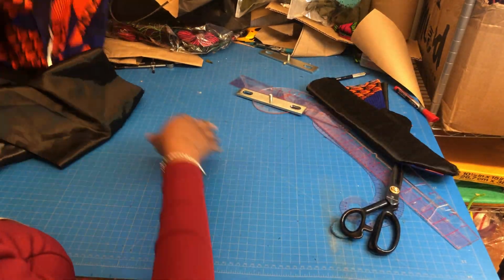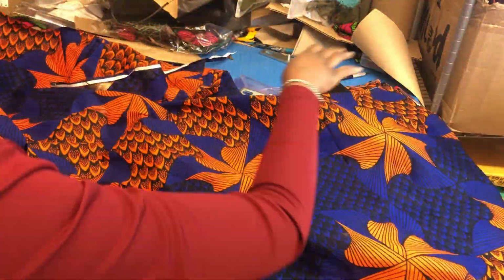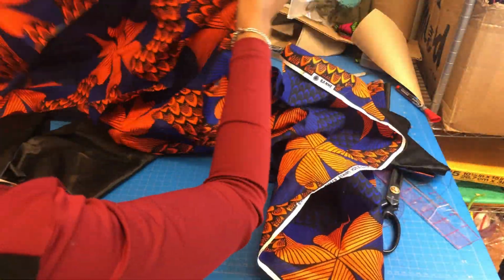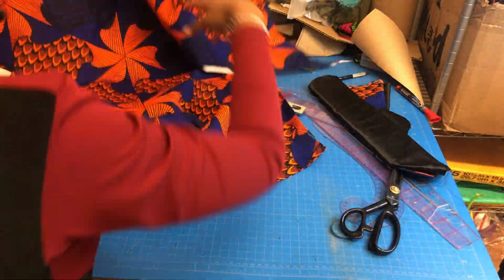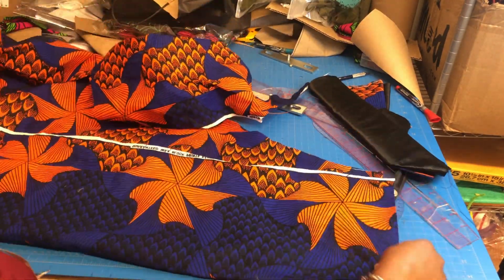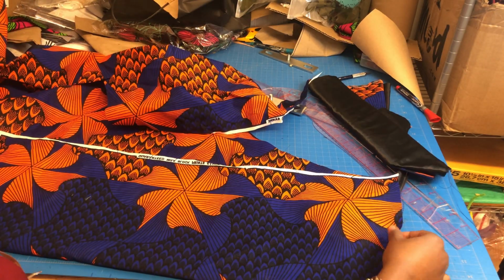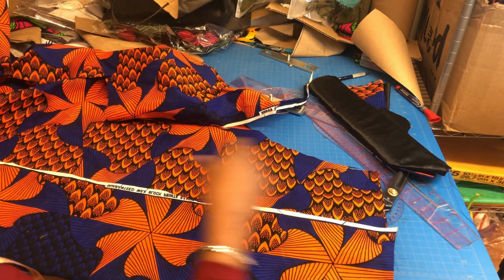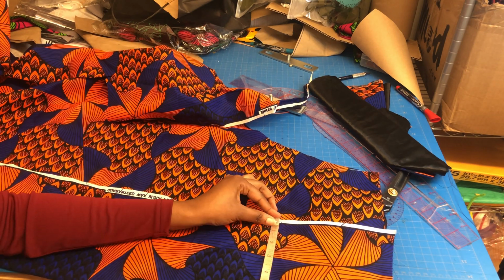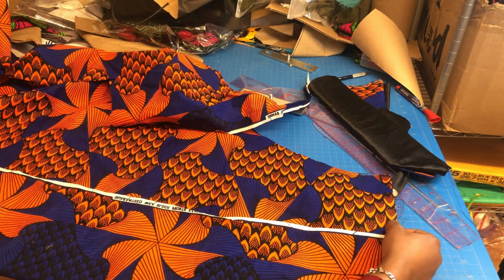Putting that aside, we are going to now make our wrap, or the beautiful knot. So we're going to need fabric to make our beautiful knot. Now I am cutting my fabric 3 times because I don't have enough fabric to make a continuous long tie. But you can skip cutting it 3 times if you have enough fabric, about 3 yards length, to be able to cut it continuously. So we need a width of 9 inches